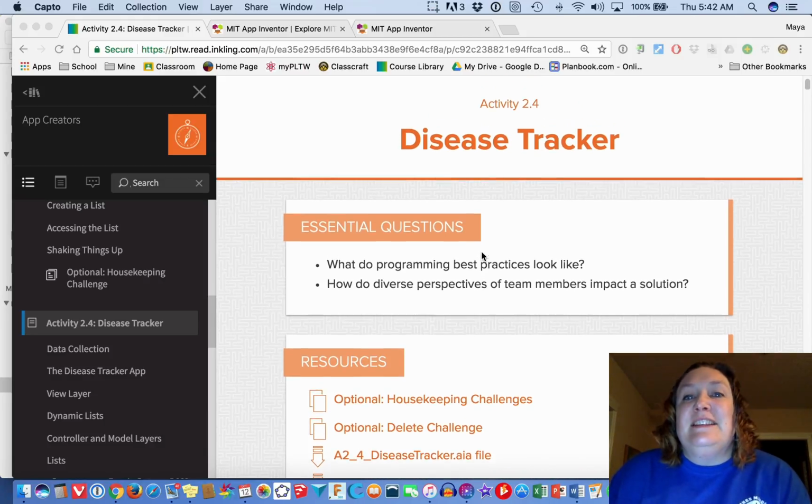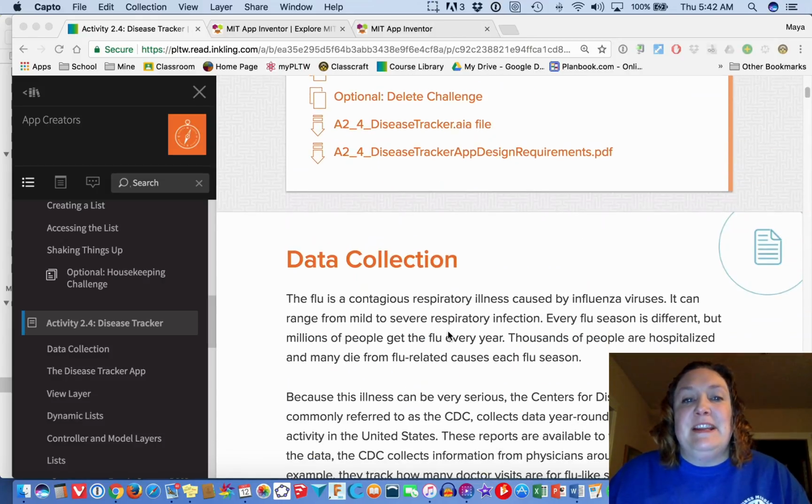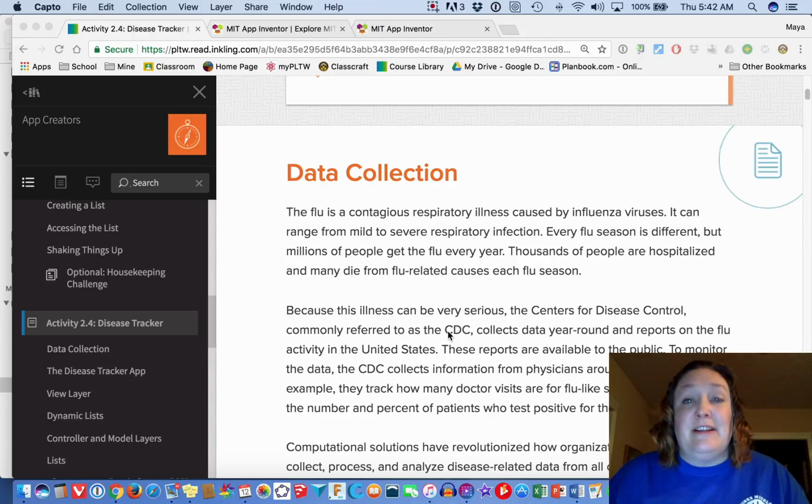So this is 2.4 disease tracker, and what's happening is that you are collecting data for the CDC. So you are creating an app where you can select a month and then you can type in a number of people who have the flu, and then you should be able to store all of that data in a